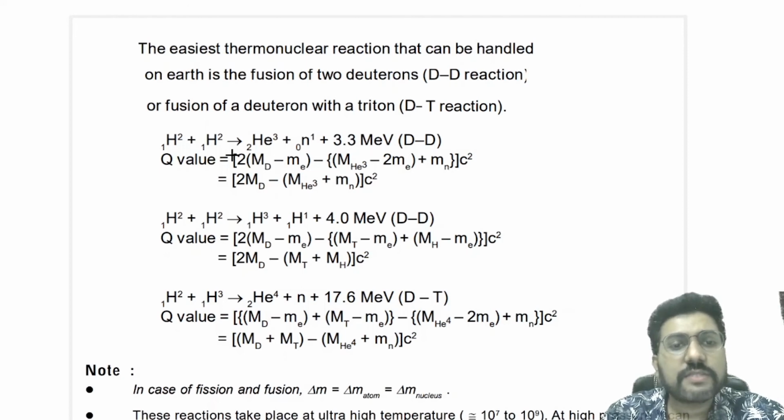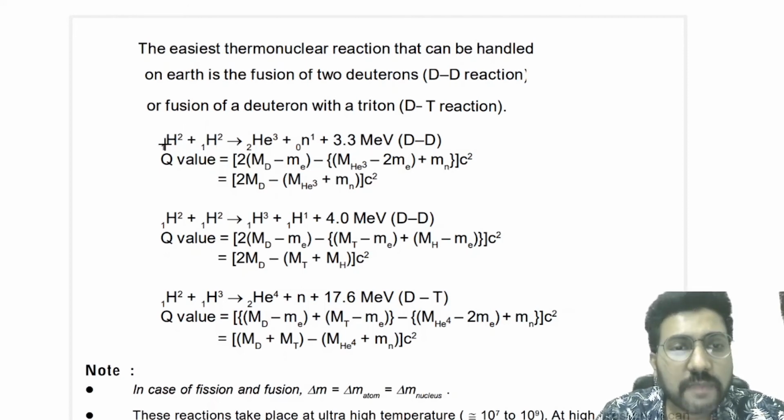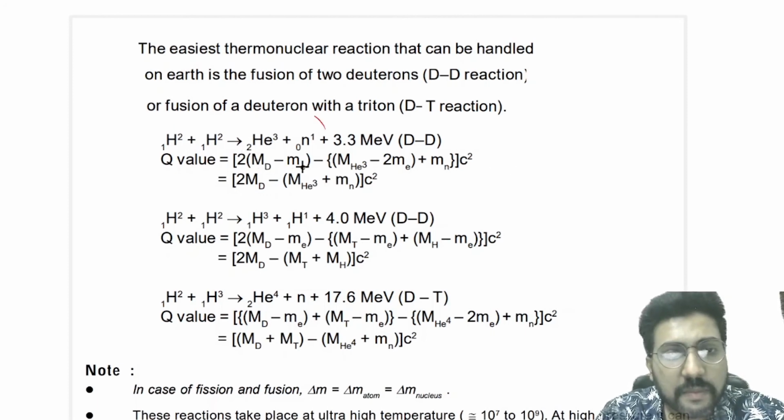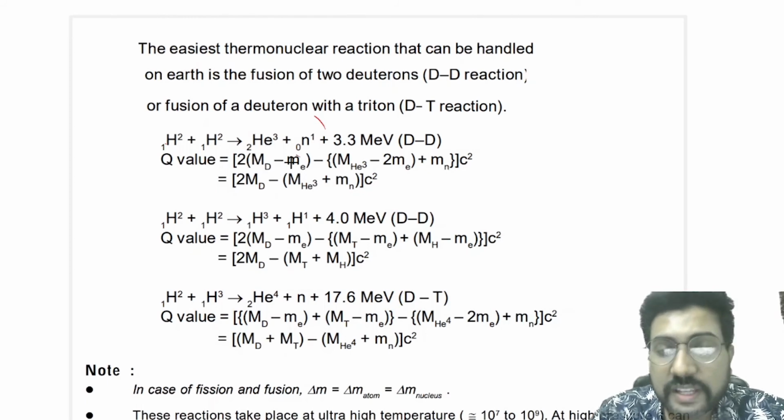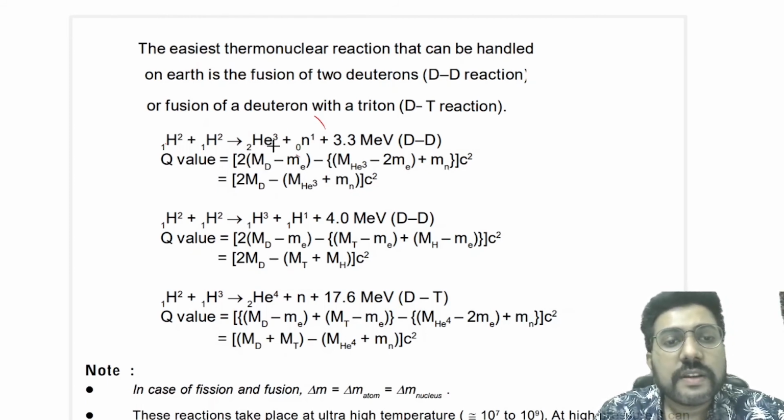You can find this out using the Q value formula. You know that Q value is mass of reactant nucleus minus mass of product nucleus, into C squared. Just write the mass of the reactant minus the mass of the product and multiply by C squared. We have written here mass of atoms, but we need the mass of nucleus. That is why, if there is one proton, there has to be one electron. So what we have written here is mass of deuterium atom minus the mass of electron is the mass of deuterium nucleus. Similarly here, mass of this 2He3 atom minus 2 times the mass of electron. Now why 2 times the mass of electron? Because if the proton number is 2, the electron number has to be 2.